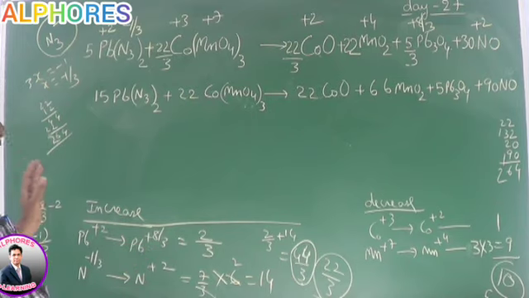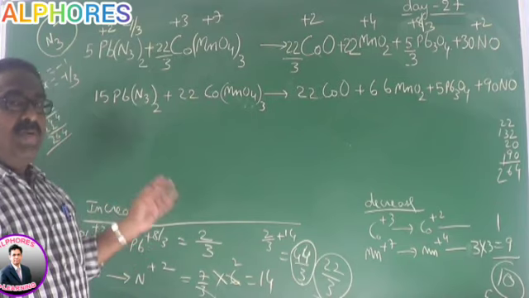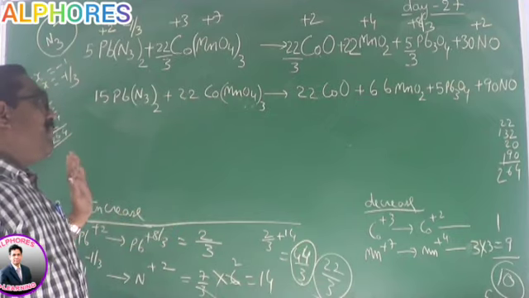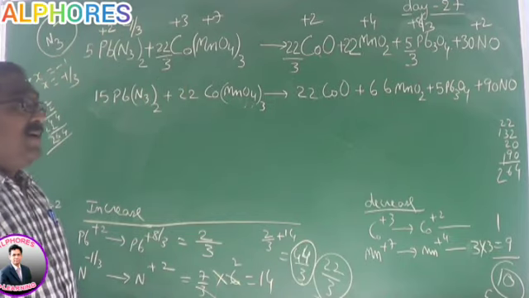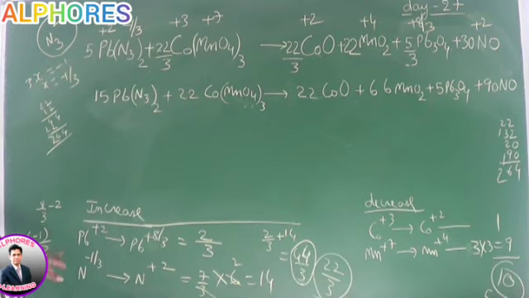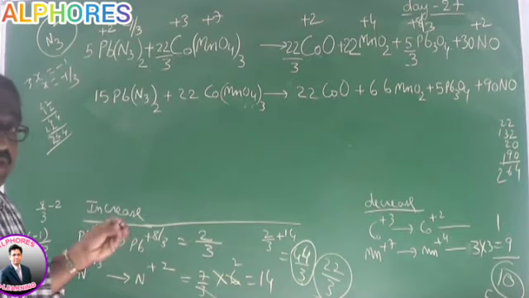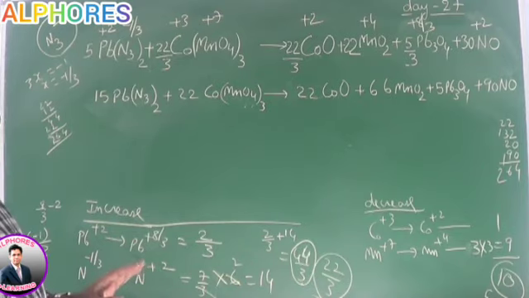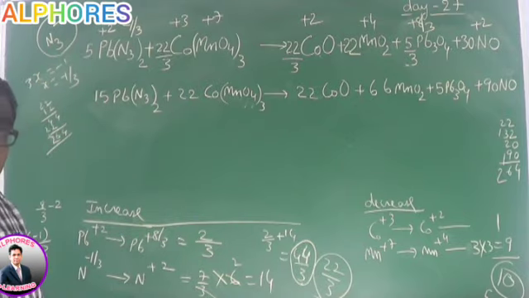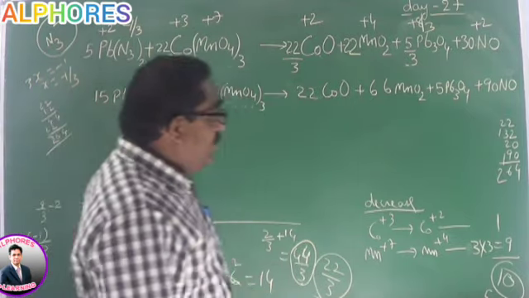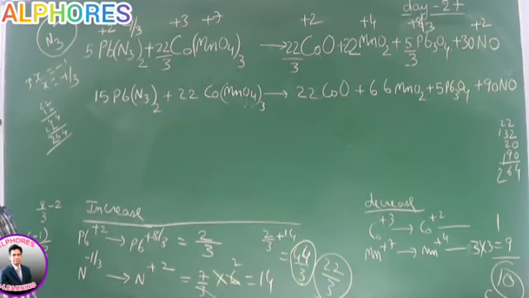See, same principle, same application, what we have solved in a number of questions. See how clumsy the calculation is. So one should be very cautious, especially while doing the calculation. First step, the total increase and total decrease. Fixation plays a major role. Then you have to reverse and simplify further such that there will be no fractions in the equation, only simple whole number integers. And finally we get the balanced equation without any mistakes.